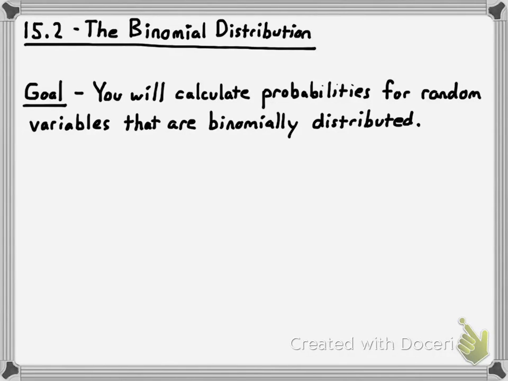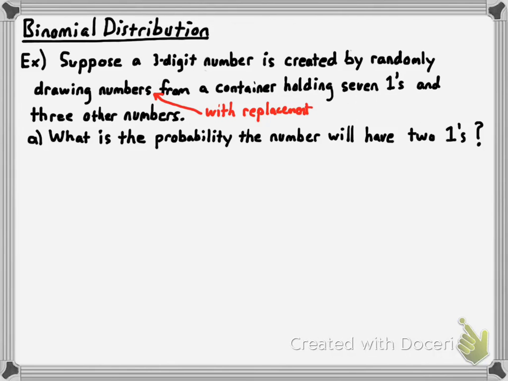We're going to be studying the binomial distribution today, and this has to do with random variables. What we're going to be doing particularly is calculating probabilities for when random variables are binomially distributed. And I'll explain to you what it means for a random variable to be binomially distributed. We're going to look at three examples here, starting with this one, and it's going to be their first exposure